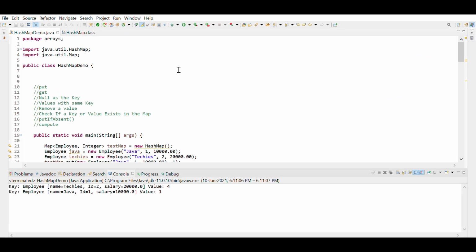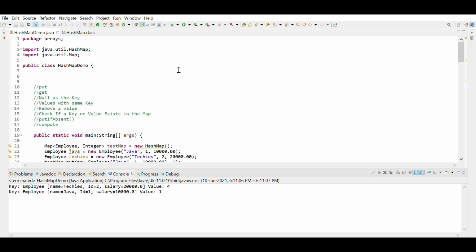Using this code example, I'll show you whatever we discussed recently. First, I'm going to show you the put operation. I'm trying to put some values into the hash map and I'll show you how it works. Apart from that, I will also show you the get operation, and we will see how the hash map behaves if I do not override the equals and hashCode methods, and how it behaves if I do override them.